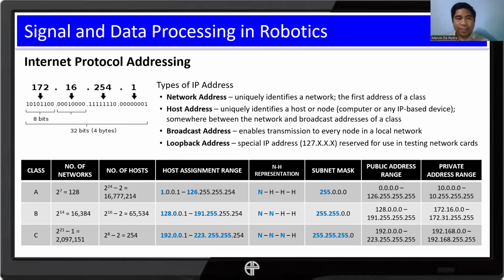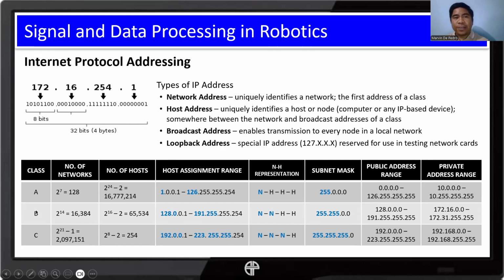Okay, so we have examples here. We don't have an example of a network. Right. So to determine what host address we can assign to our robot, we have to determine the type or the class of network that we are having first. Okay. So first, is it a class A, class B, or class C? So it depends. Normally, for prototyping and for small scale applications, we have the class C.